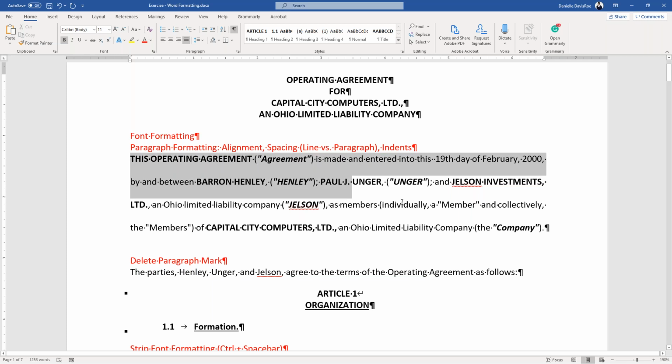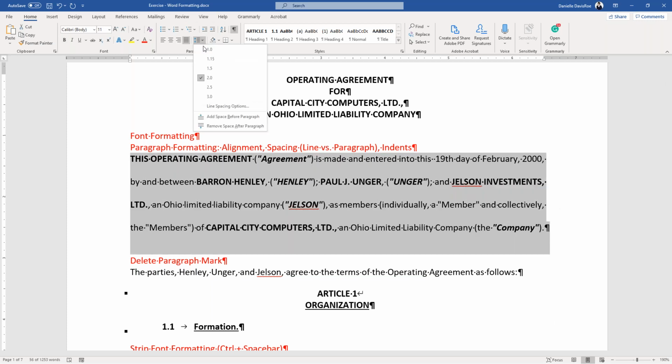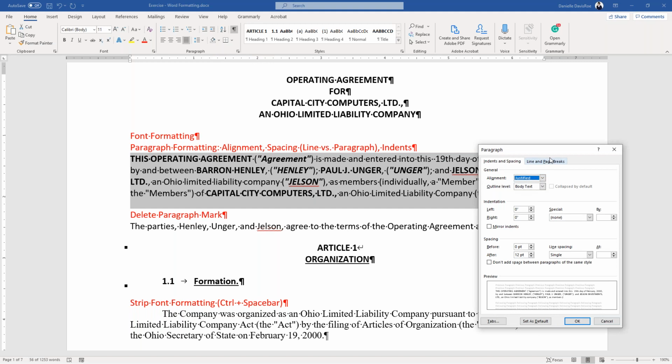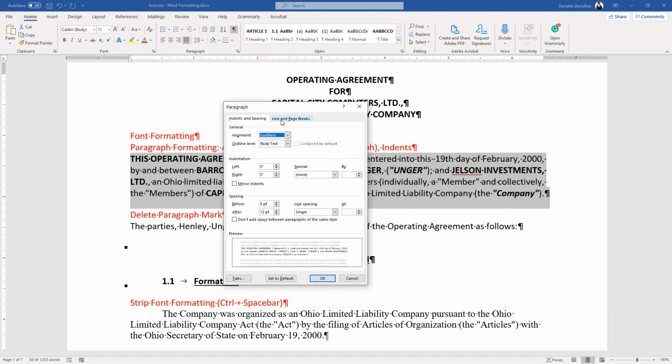Alternatively, I can use paragraph spacing. So if I select this, come back up here and switch this to single spaced, I can set up space after the paragraph. Easiest way to do that, I think, is to come to the home ribbon paragraph group and click on that launcher, that arrow in the bottom right-hand corner. When I click on that, you'll see that it brings up my paragraph dialog box. And down here, I have got a spacing option. If both of these are set to 0,